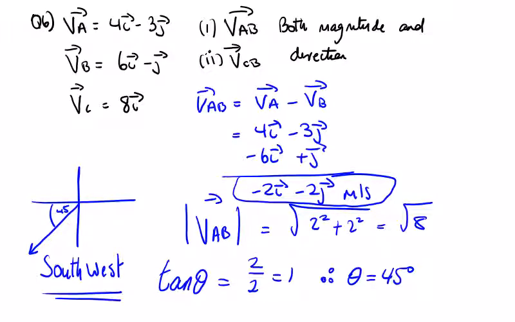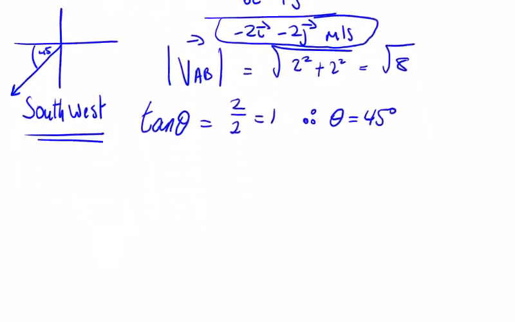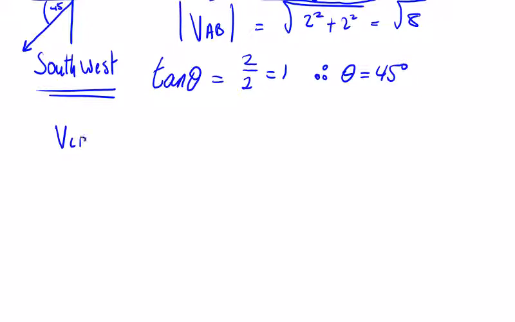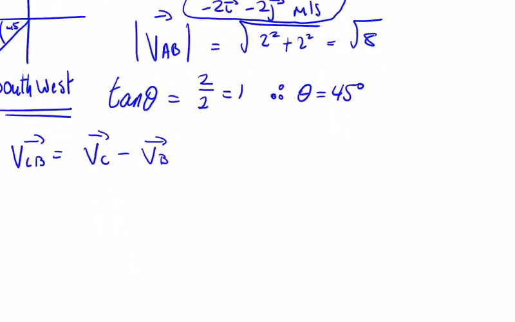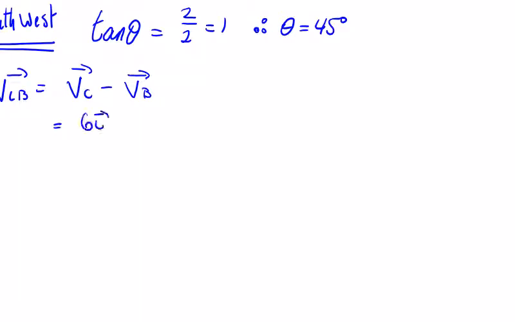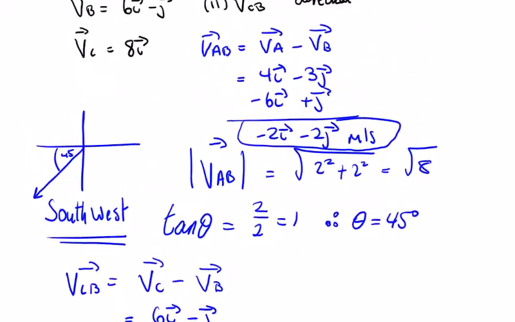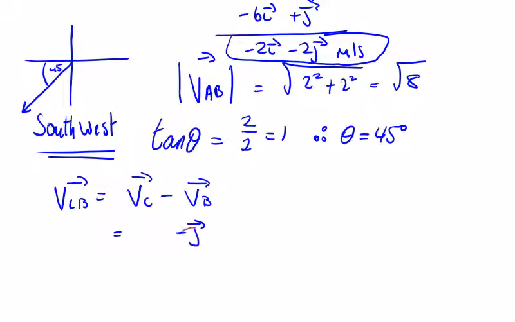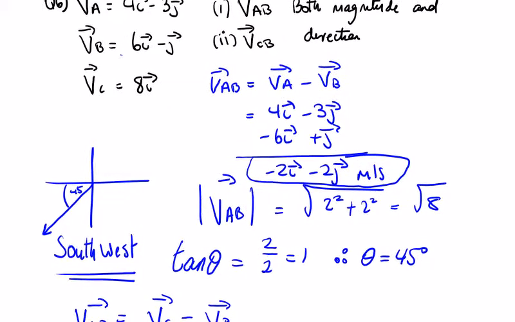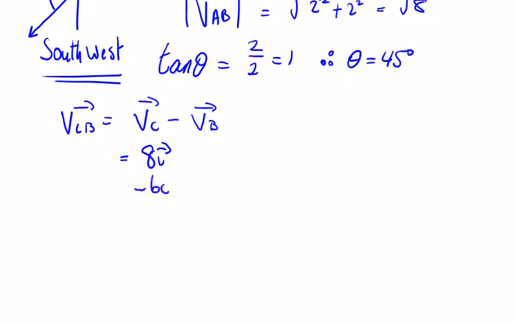The next one is the velocity of C relative to B, so 6i minus j. The velocity of C relative to B is equal to the velocity of C minus the velocity of B. So what have we got? Have I put them the wrong way around? I have put them the wrong way around. It's 8i first, C first is 8i, and then minus B, so minus 6i plus j. So that's going to give me